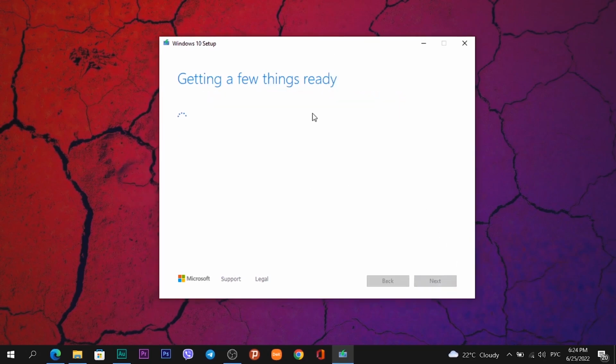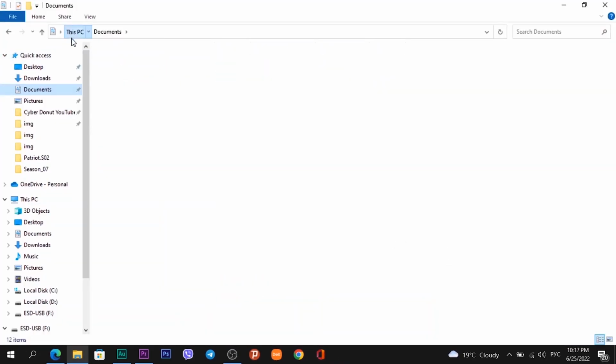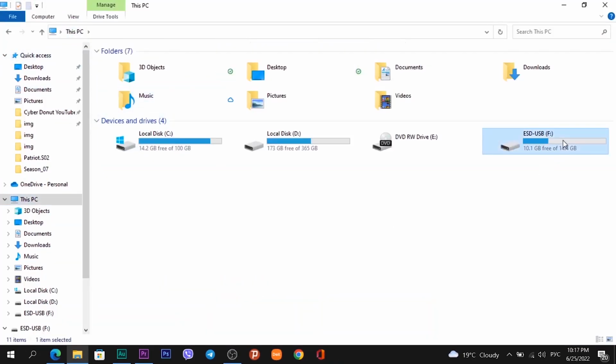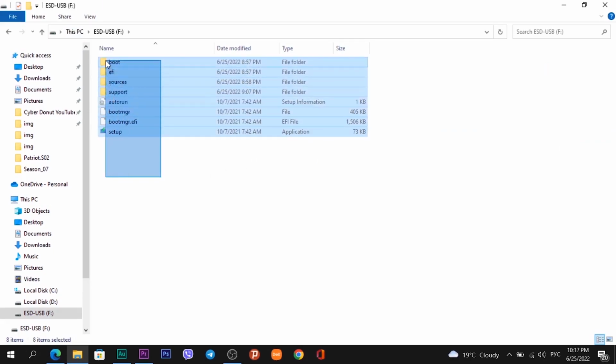And we need to wait some time. Progress will reach 100% two times. When the process completes, you will see a notification. Click on the Finish button. As an example that the bootable USB flash drive was created successfully, I will open it and you see the